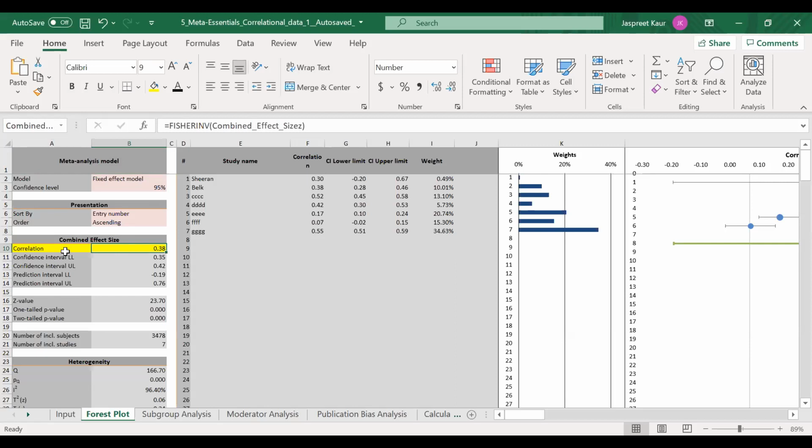So now we have a correlation value 0.38, and this is a consolidated correlation value of attitude and intention, or let me say urge to buy and perceived usefulness, whatever I've picked up from the past 20 years. 7 papers out of the 40 I used from the past 20 years. Okay, this is the consolidated value.